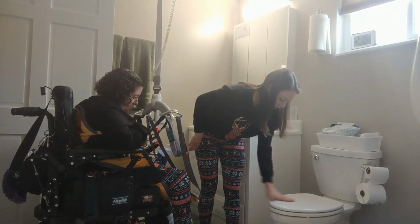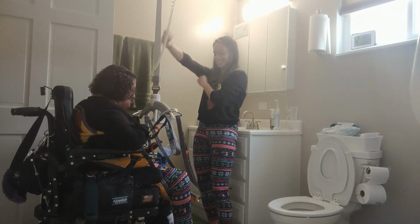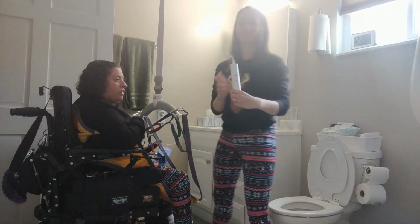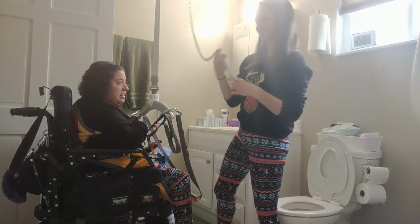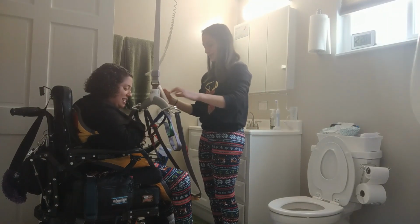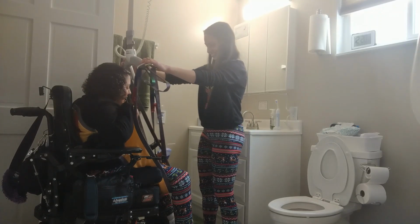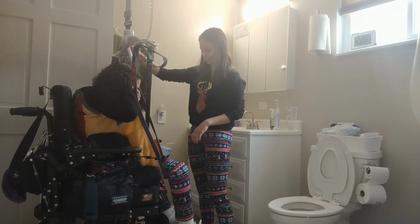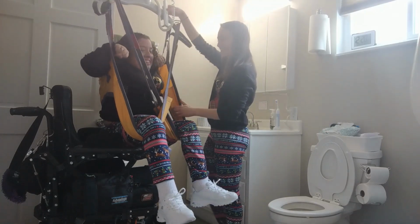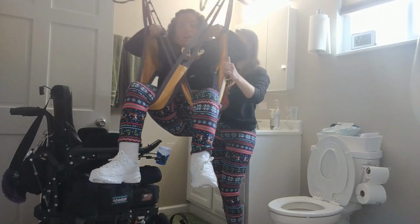And at this point, I'm going to put up the toilet seat and start lifting her. And use the remote, which is this white thing right here with the gray buttons. And so there's up and down arrows. So do up. Yes. You make such a good dream team out there. Just make sure it's not hooked on anything, or else that can be bad. Yes. So make sure you didn't forget to unstrap her. Right. And then at this point...